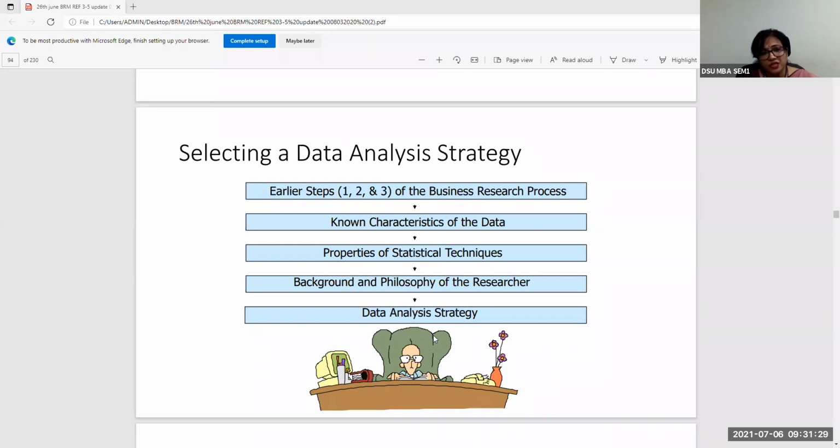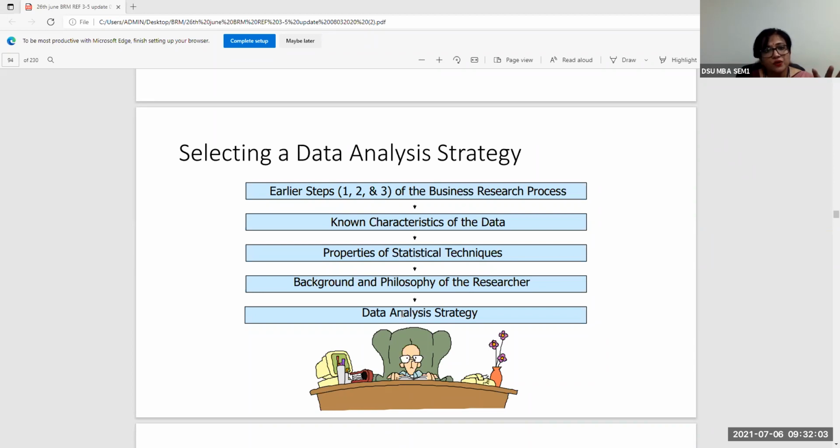data analysis strategy. So the data analysis strategy is again very, very systematically and objectively done, taking into account the preceding steps of the research, understanding the different data characteristics, understanding the different statistical techniques that can be used given the type of data that is going to be collected, and understanding for what purpose the researcher is actually doing the data analysis. The qualitative data analysis will reveal something which is exploratory in nature and can be taken as an input for the conclusive part of the research work, which can be quantitative in nature.